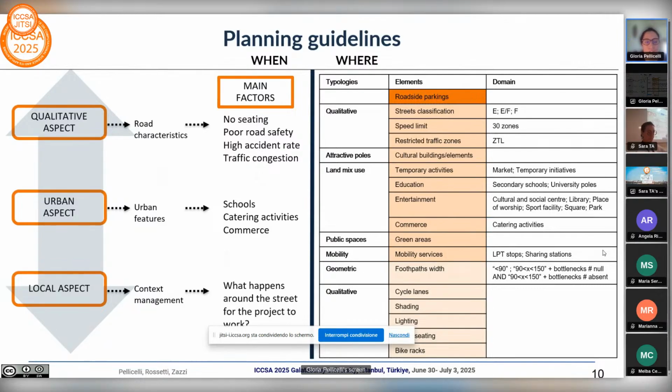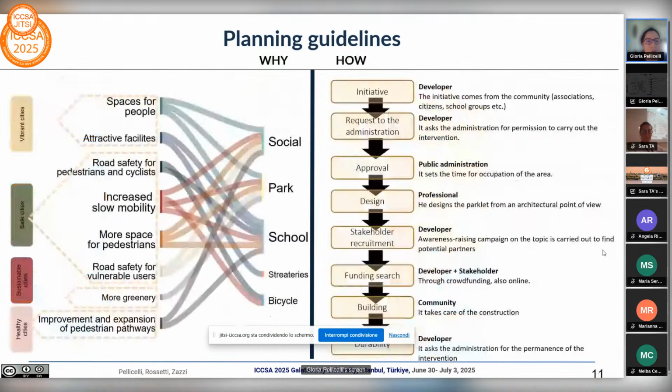Starting with the street where the parklet is, which is the main element, we consider the presence of features concerning the street, attractive areas, mobility services, and qualitative aspects of the context, such as the presence of lighting, lack of seating, bike racks, etc. Why do we want to create a parklet? To create vibrant, safe, sustainable, and healthy cities which have spaces for people, attractive services, safe spaces, and which encourage